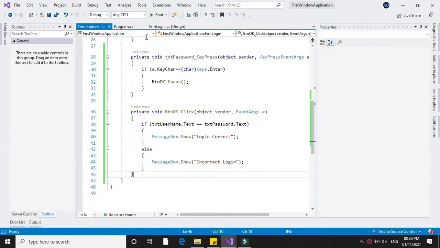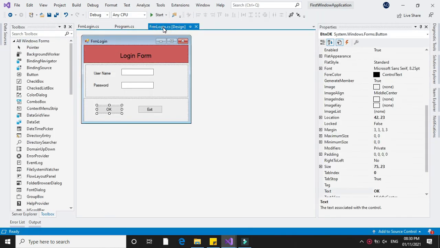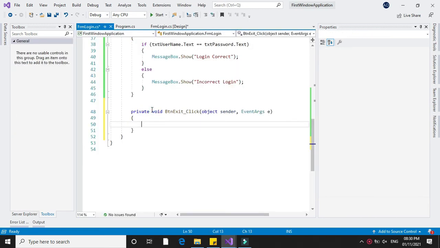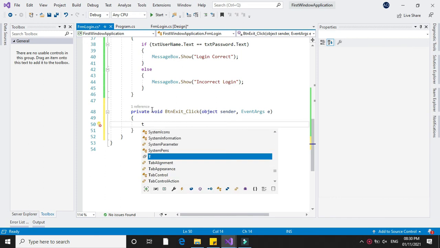After executing, if you want to close the form when the exit button is clicked, on click event of exit button, write down this dot close.